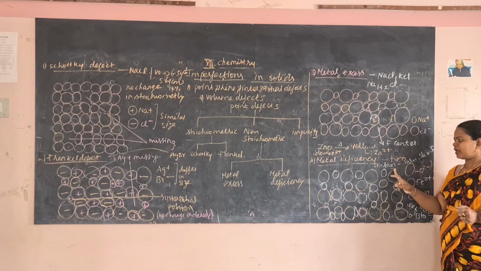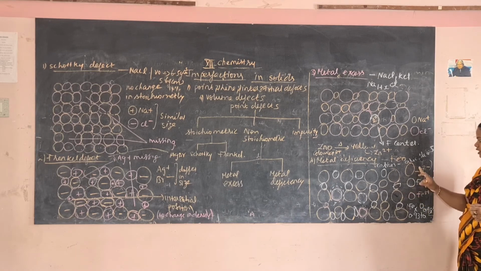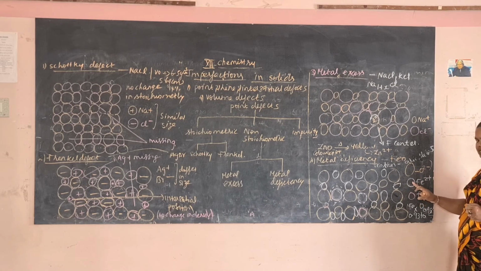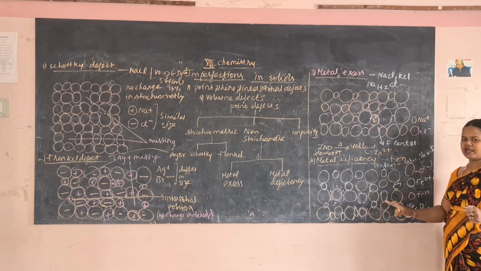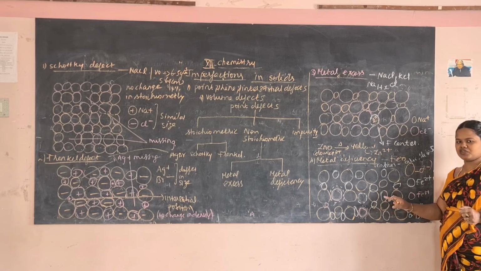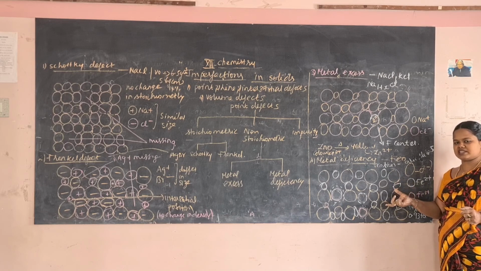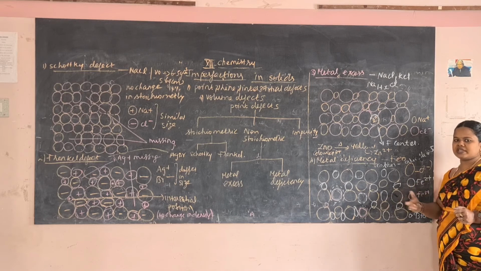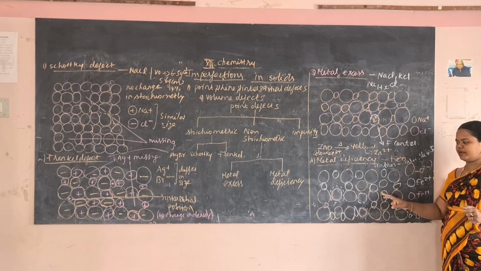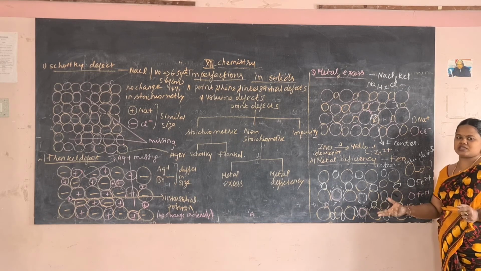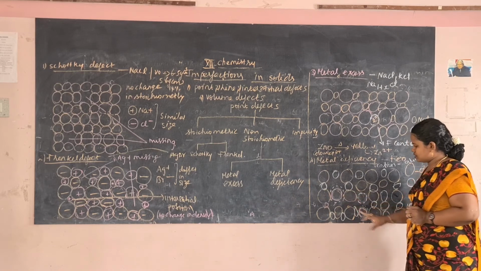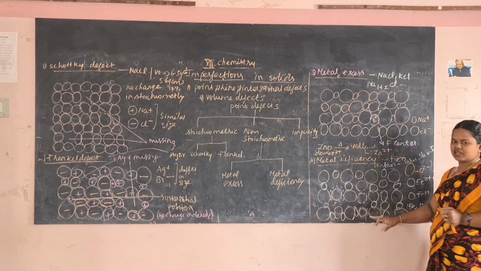So here what happens? Here this orange circle is O2 minus and this white circle is Fe2 plus. So here in iron oxide, the iron will be present as Fe2 plus. When you compare the number of cation and anion, the anion will be more than the metal ion, that is cation. So in order to compensate the electrical neutrality, what happens? The iron 2 plus will be converted to Fe3 plus. This is Fe3 plus, converted to Fe3 plus.